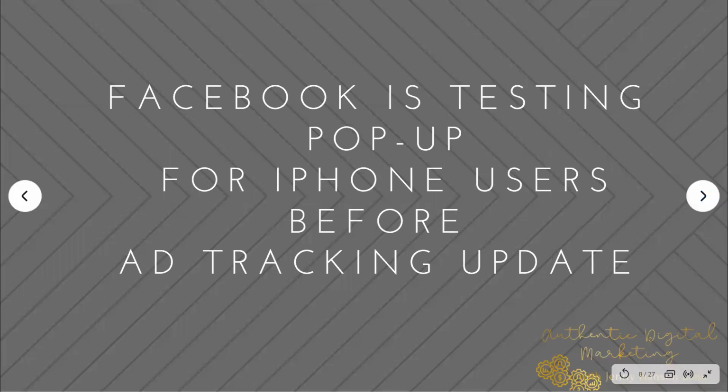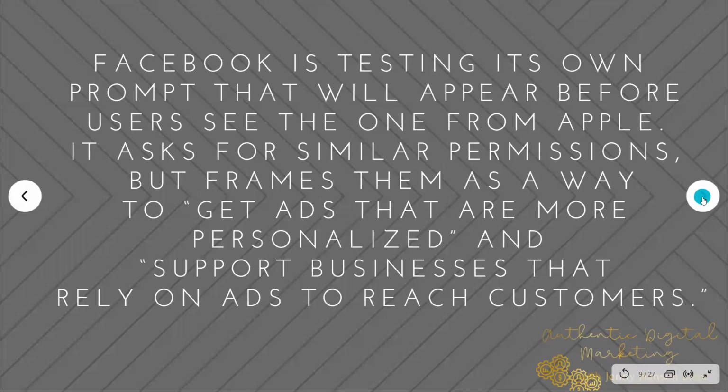So as we mentioned, this is just the pop-up phase before the ad tracking update hits at the end of September. Okay. And let's see, I think that we just went over that last one. So they're doing this because that's how Facebook makes all their money, is businesses that choose to use ads. So yeah, the best way to promote freebies and opt-ins for freebies. We're going to talk a little bit about that because you can still use ads for that, but your budget's not as big because you're not paying to acquire a customer for a purchase.